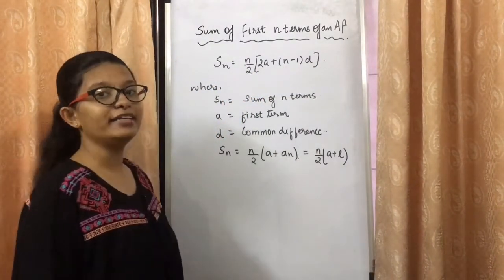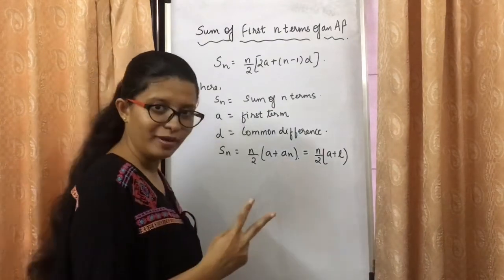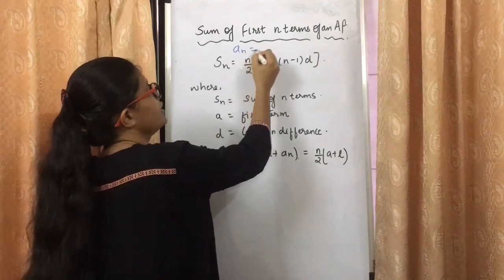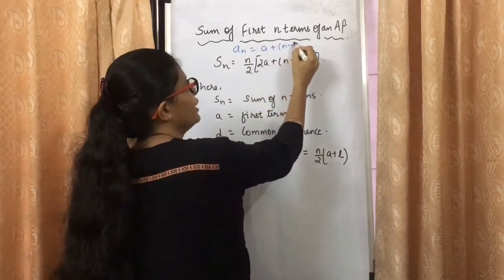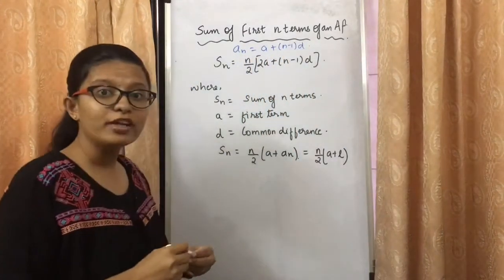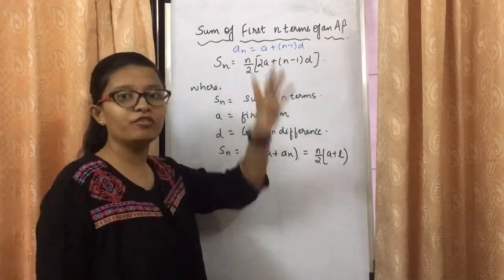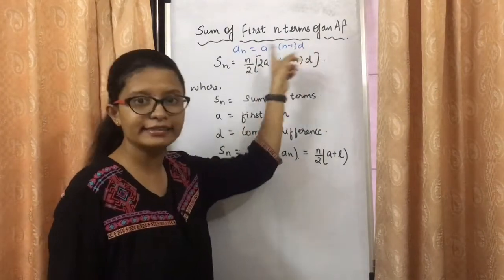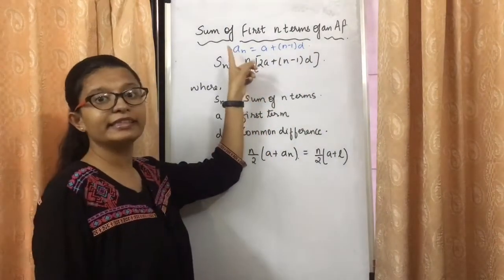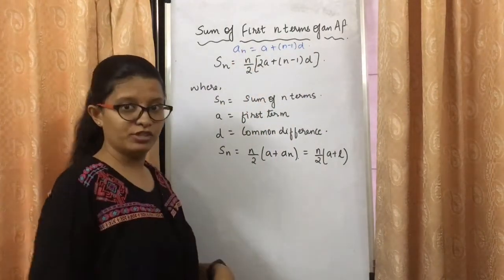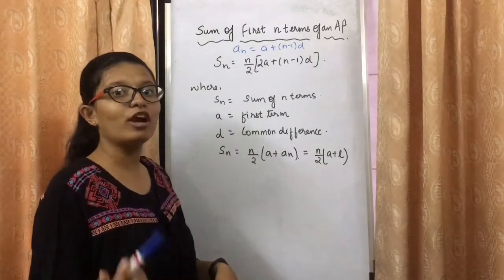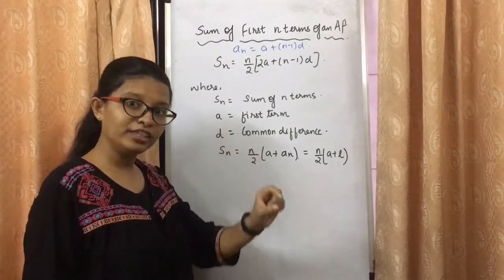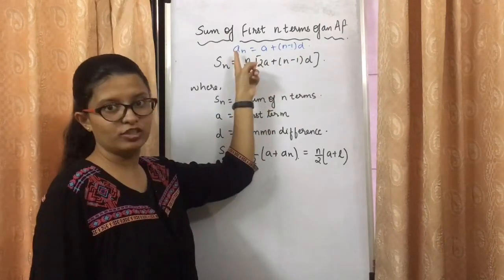So I have been telling you from the start that in the chapter you only have to remember two formulas. The first formula, which we have already listed, was an is equals to a plus (n minus 1) into d. This was the formula to find the nth term of the AP. If you want to find any term of an AP, you can find it with this formula. Because a represents the term, n is the number of terms. Which term you want? For example, if you want the 8th term, you will get a8. The 8th term, specifically, of an AP you will get by using this formula.